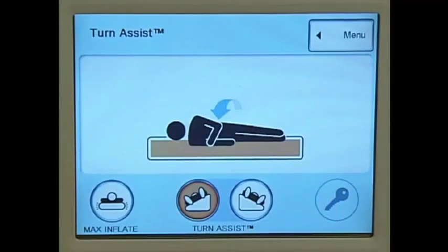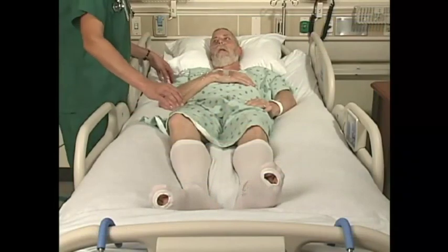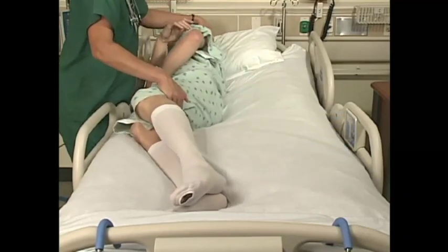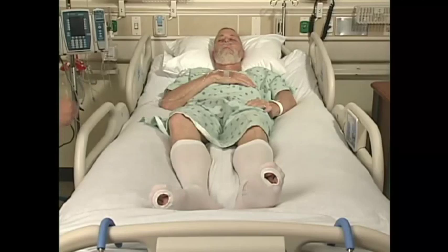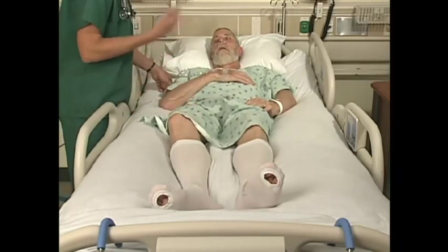As the patient turns to their right, the screen shows the image of a patient being turned onto their right side. In actual operation, a bolster cushion in the left side of the surface inflates to assist turning the patient. If you touch the patient right turn assist control again, the turn mode is cancelled and the surface will return to the standard mode. Depending on the patient weight, you will see patient angle begin to tilt within 30 to